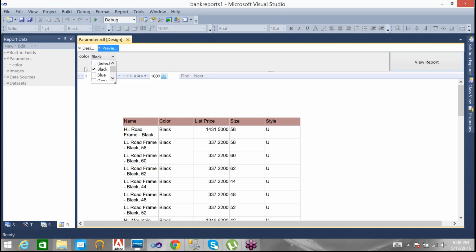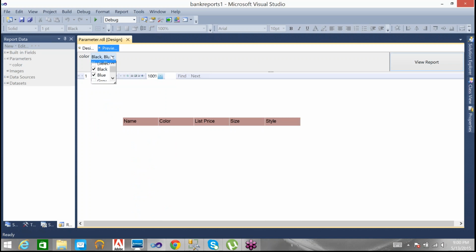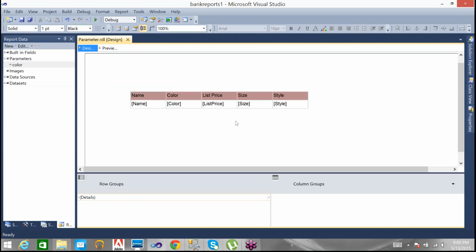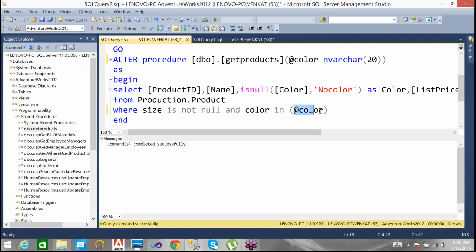Okay, black, and I want black and blue. Not to worry. Okay, I'll show you this one with the query. Now, this is the way you can make whatever changes we want in the stored procedure. But here in this one, it is not taking multiple colors. That is the problem with the stored procedure.